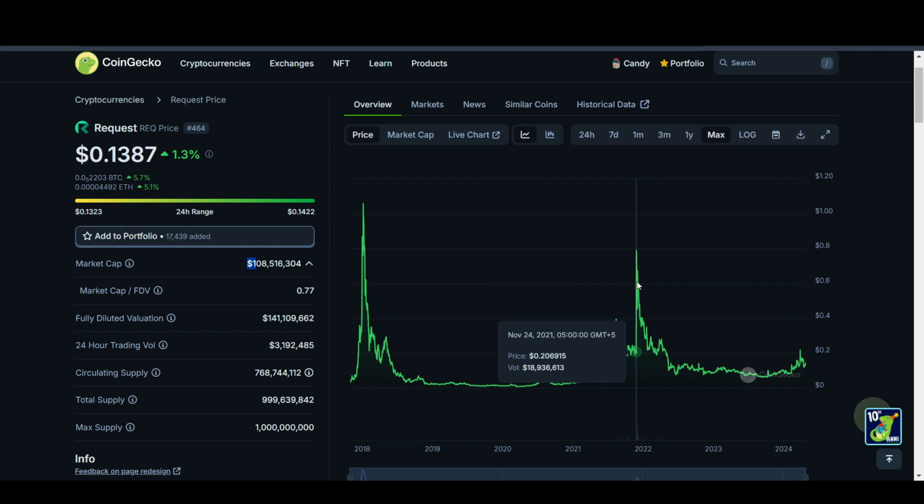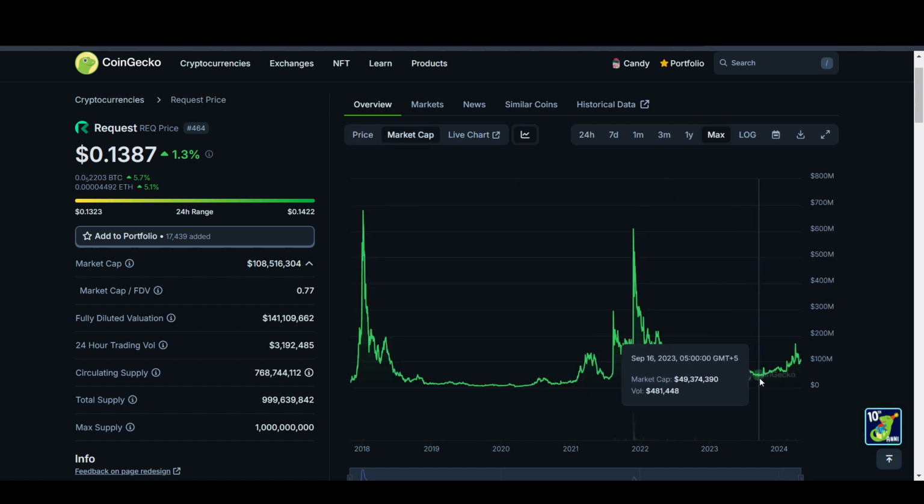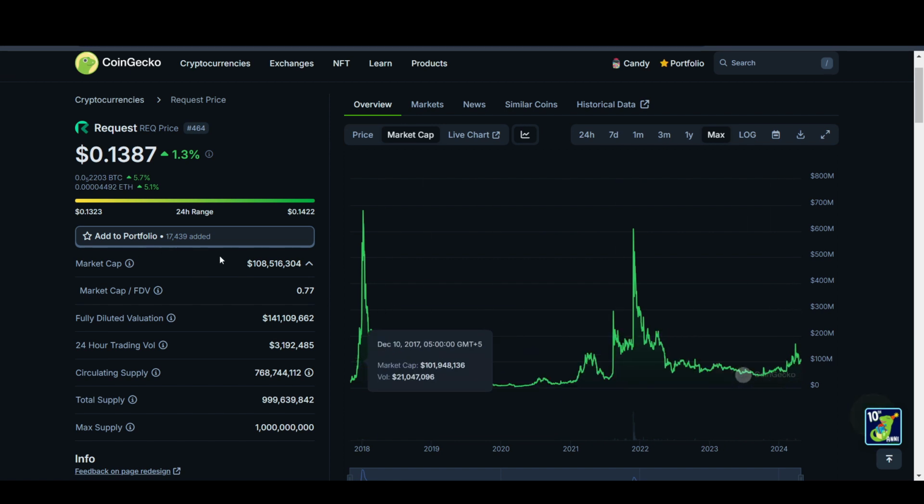As you can see, it does have pretty good potential when it comes to their existing customers, so they have been actually sticking around. If you look at their market cap, even when they bottomed out, their market cap was around 50 million, which is pretty good. That means they have around 50 million market cap of loyal holders. I think those loyal holders may increase in the future, and this could eventually hit 300 or even 400 million market cap, which could be pretty good.